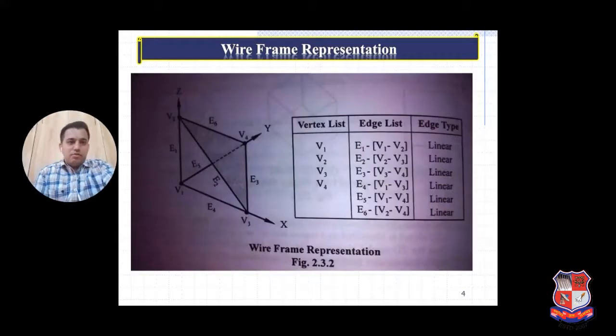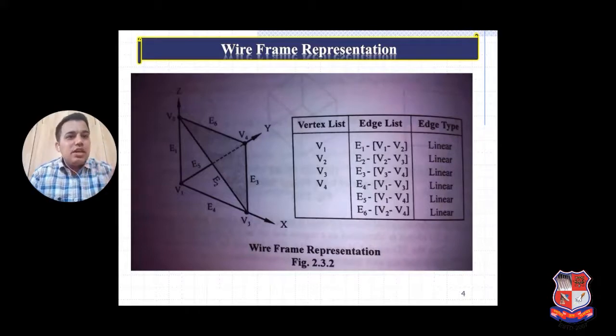Okay, so now let us learn proper wireframe modeling, how it can be generated and how the data structure is created in the computer system. When we are learning the mathematical representation technique, one thing we have to keep in mind is that we are generating mathematical data. We give that data to the computer, and it is a task of the CPU, and we are creating the program. So that data is input data for the program, and the program generates the line, circle, any curvatures or ellipse, or any other standard geometry.